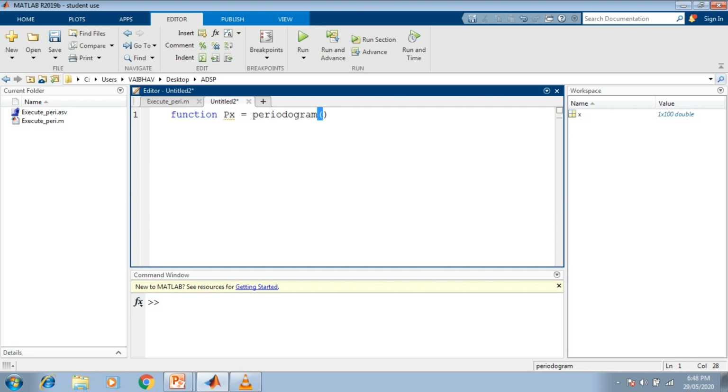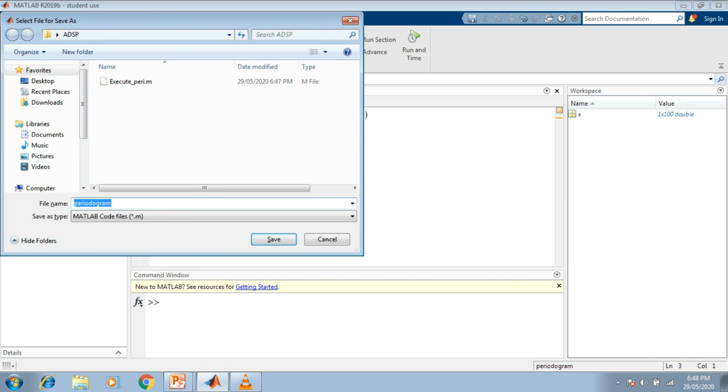And the inputs we can specify: x as the discrete time random process, and the range of the samples, starting first of all at n1 and ending at n2 here. Next to that, the last statement should be the end here. So this is the body of the function. Now let us save it by the same name, periodogram.m,